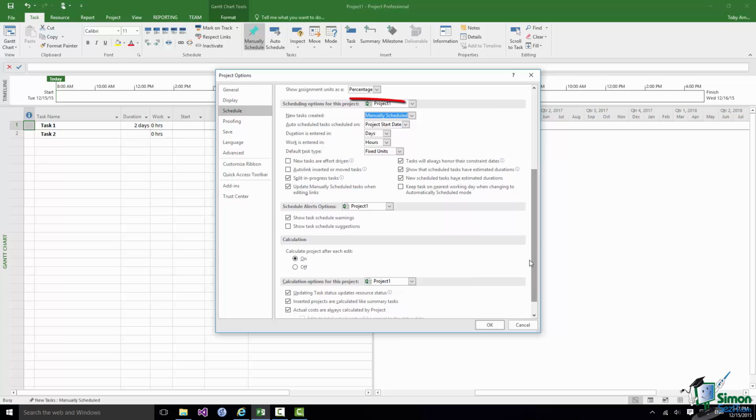First of all, new tasks created manually scheduled. I've mentioned that before. I've currently got new tasks created manually scheduled. I want you to set that to auto scheduled. And it's very likely that for most of you this will be the way to leave this setting set in the longer term. And what this basically means is that when you create a task in a project, it becomes